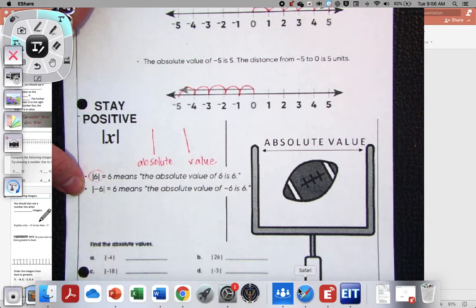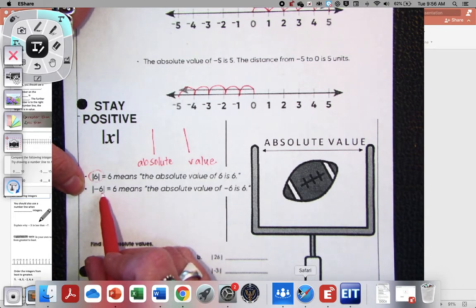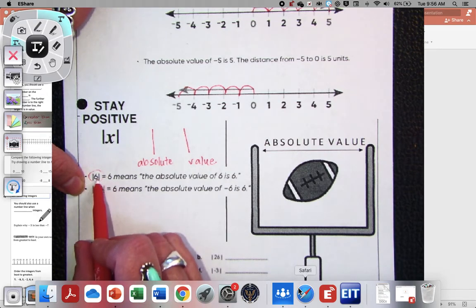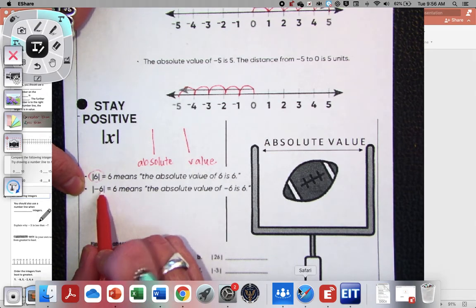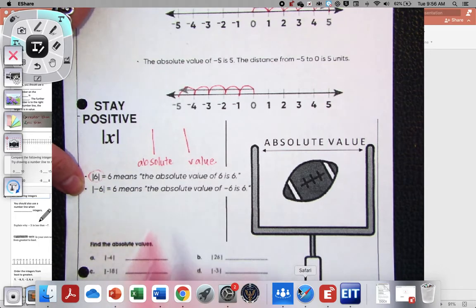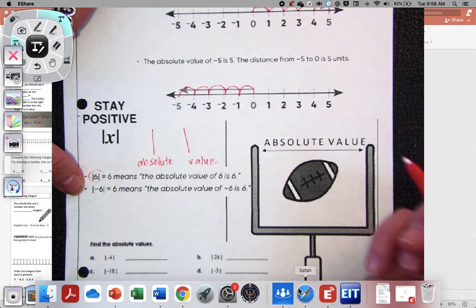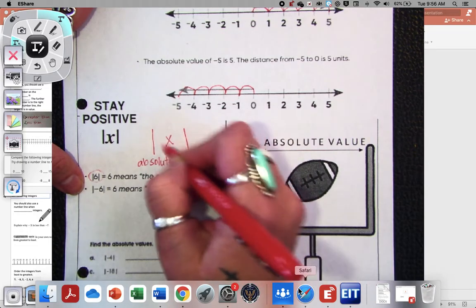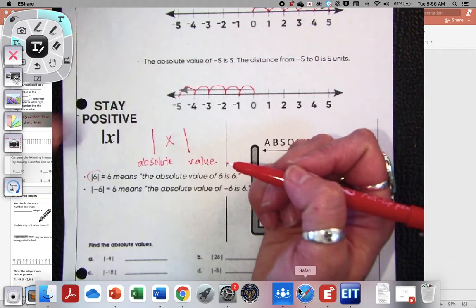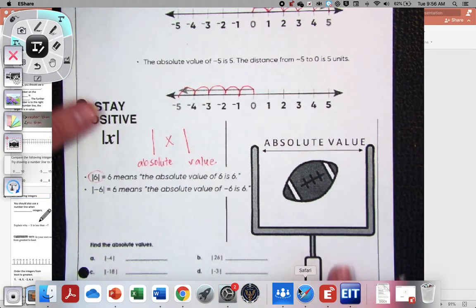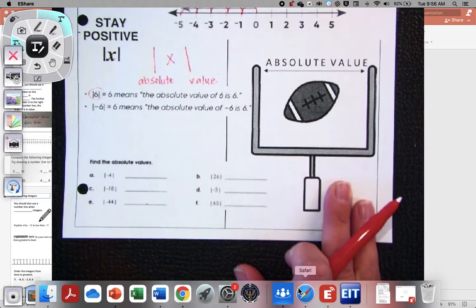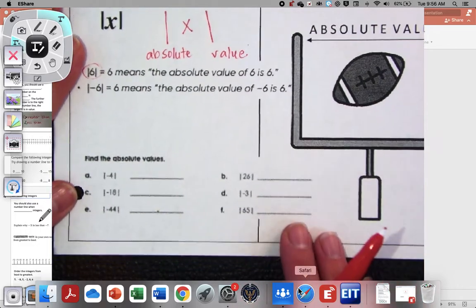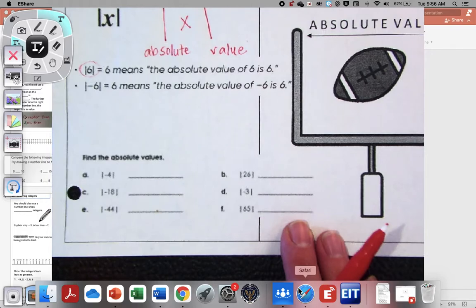Same with our negative 6. The absolute value of negative 6 is 6. Why? Because 6 and negative 6 are both 6 places from 0. Okay, so any number you have here, we're just talking about how far it is from 0, and it will always be positive. So I apologize for the blurry questions here at the bottom, but let's take a look at